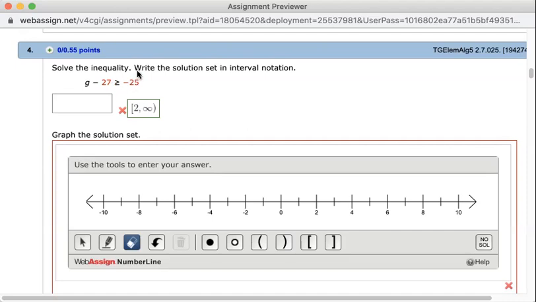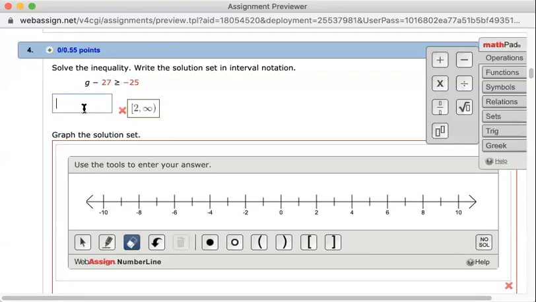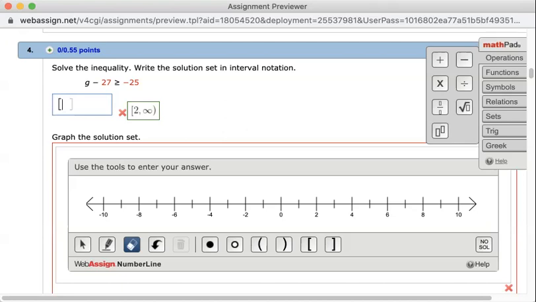And you'll notice that here it says write the solution set in interval notation. So interval notation is this notation that involves either brackets or parentheses. I'm going to click here, and I'm going to use the bracket on my keyboard because I find that easiest. On my keyboard, it's over near the P. And then I'm going to type in 2 and then a comma. This is all done with the keyboard. And then to get infinity, because this is going to be G is greater than or equal to 2, so